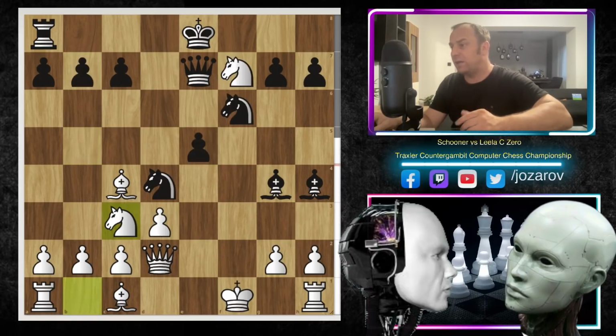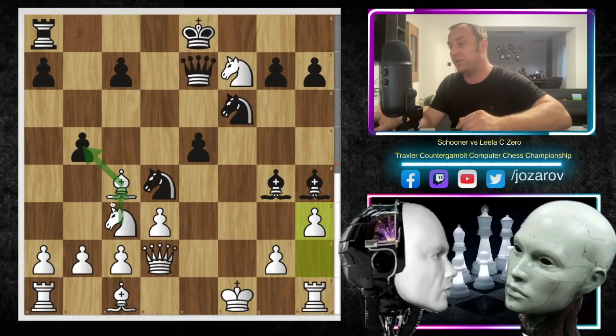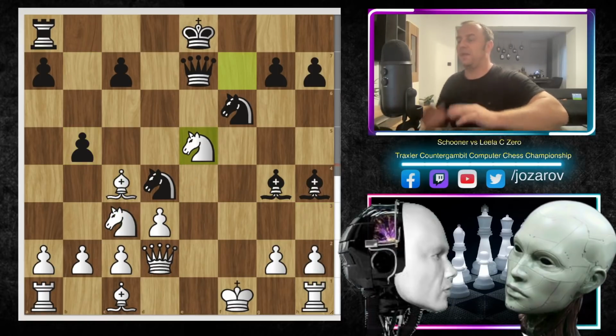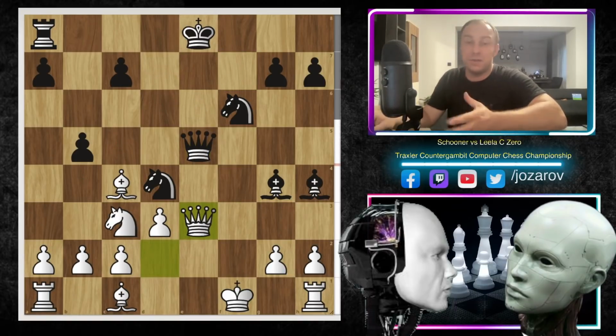Maybe instead of this idea here after move b5, as we said in the continuation, h3 was played by Schooner. You see, we cannot take knight takes b5, bishop to b5. This is simply not a possibility. Maybe a better opportunity instead of this move h3 was to simply play knight takes e5 to get the knight somehow into the game, because the problem is now you cannot take queen to e5, then you get